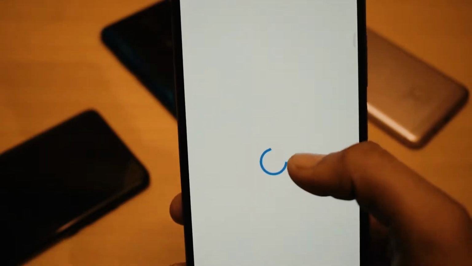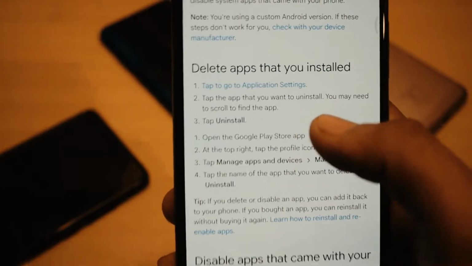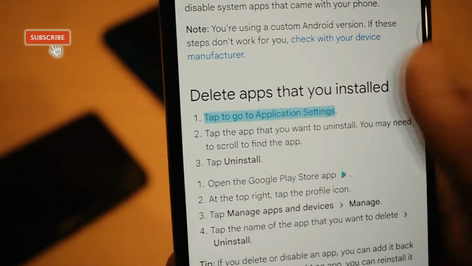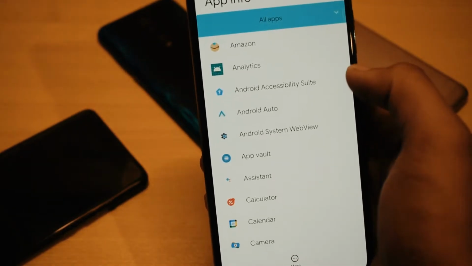So again the same steps. You can see delete or disable app already opened. Tap to go to application settings. Opened. I can show you thousands of times. Look, whenever I tap, it opens. And for your better assurance,